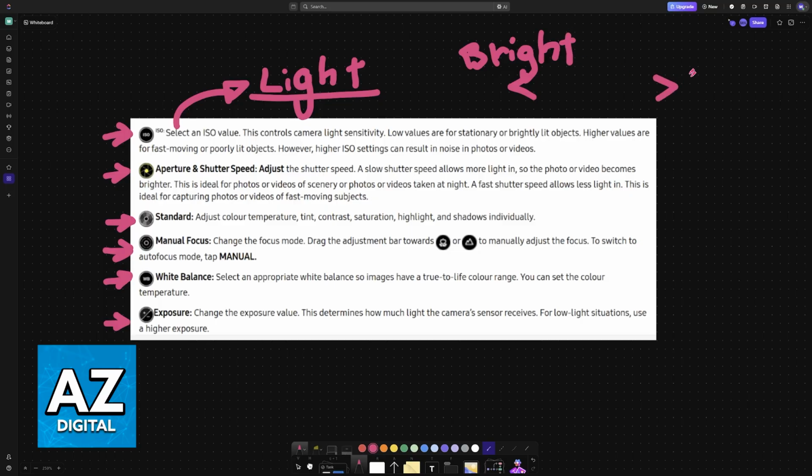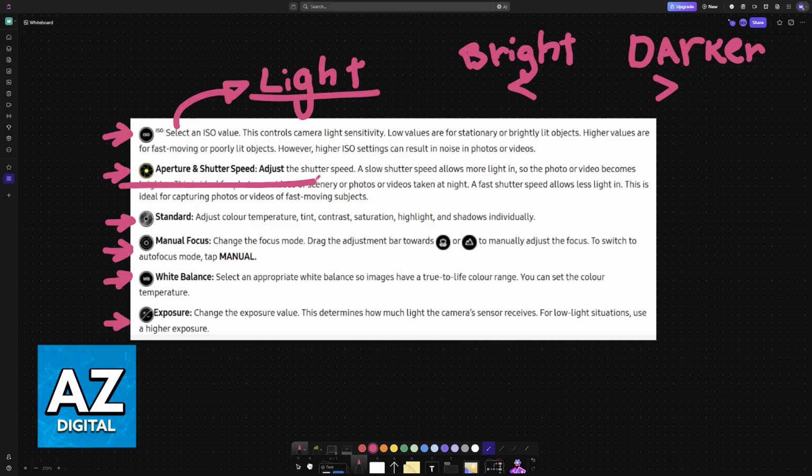And if you set this to a high ISO like 800, 1600, 3200, it is going to be more sensitive. It allows you to shoot in darker conditions, and it is going to work with faster shutter speeds. It introduces more digital noise, so it can make photos look gritty. So it all depends on if you are in a bright environment or a dark environment, so choose accordingly.